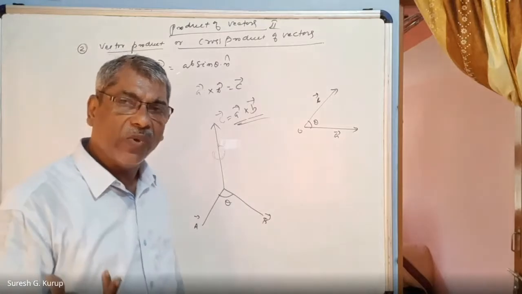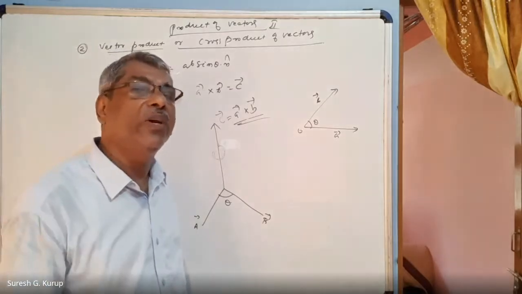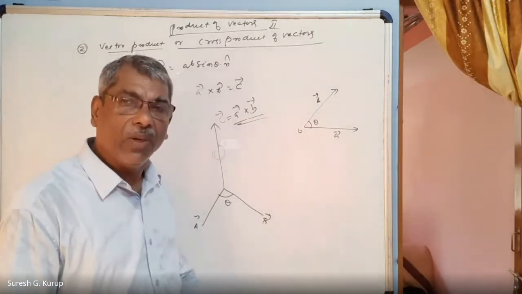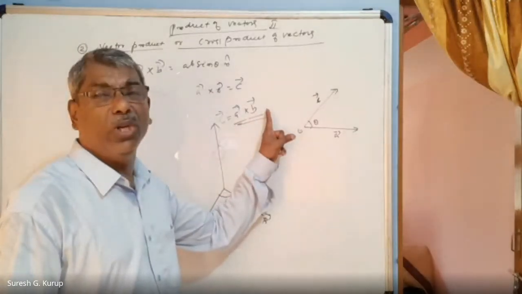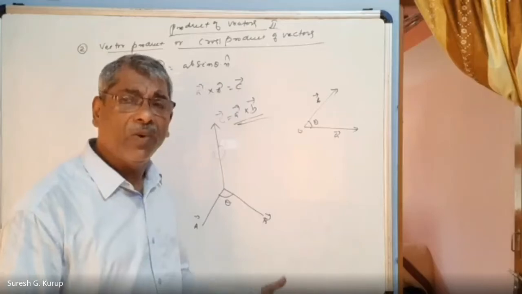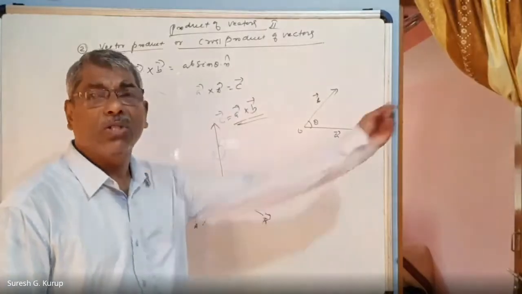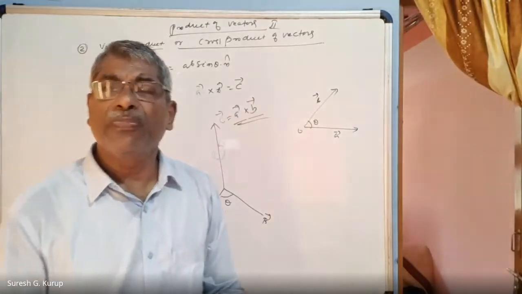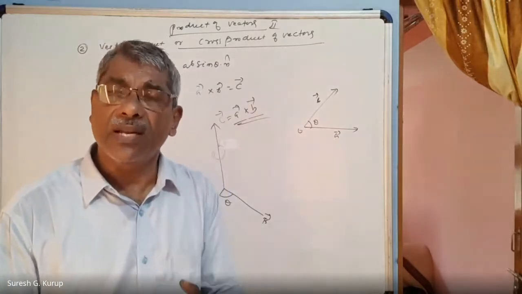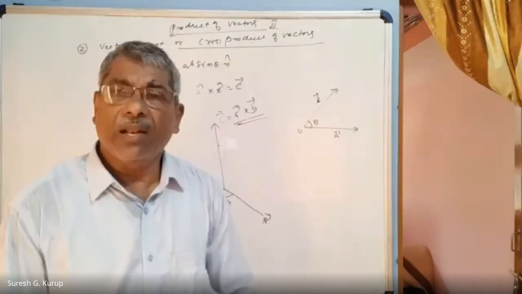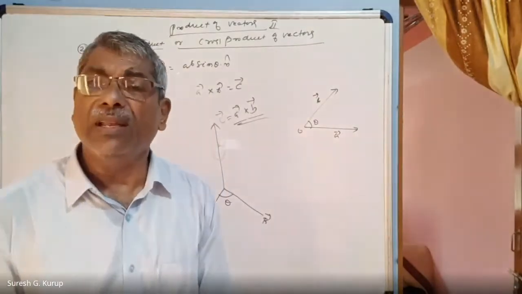In the last years, we have seen vector A dot vector B. A dot B is equal to AB cos theta. A cross B is equal to AB sin theta into unit vector. But in the last case, A dot B, there was no unit vector. Why? Because the product of those two vectors, when we obtain the value, that value itself is a scalar quantity. Scalar quantity does not have any direction at all.